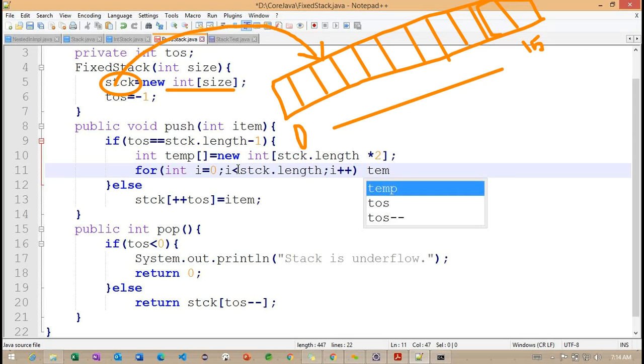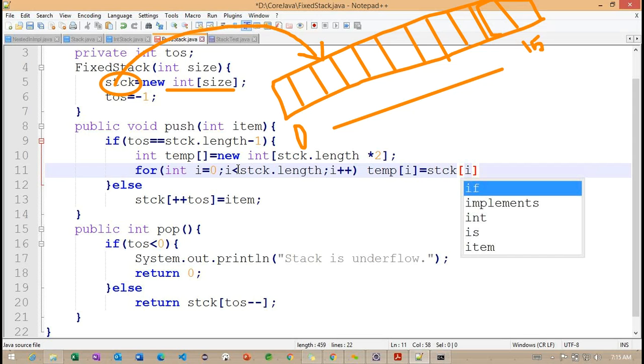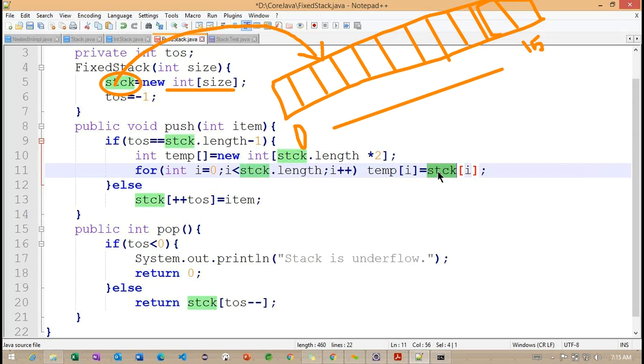And after this, now what I'm trying to do here. So this is our temp, the temp int array we created newly. So we need to copy all the objects into this particular temp. And so now you can observe here, whatever the values are available based on these indexes, the same indexes we're copying into this particular temp.